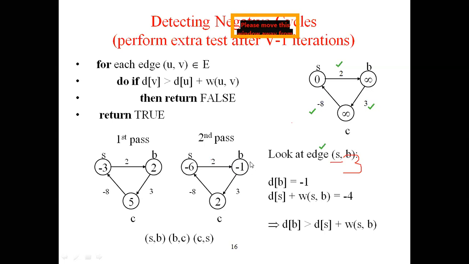you need not perform. It should not change the value. But at the third test, the value is changed to -4. That is why it returns false. So if it is false, then there is a negative cycle. So negative cycle, in this way you can detect by using the Bellman-Ford shortest path algorithm.